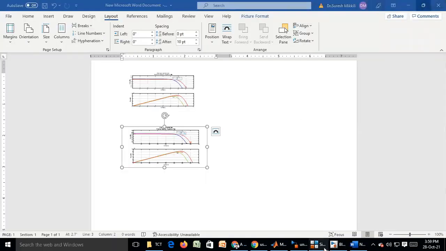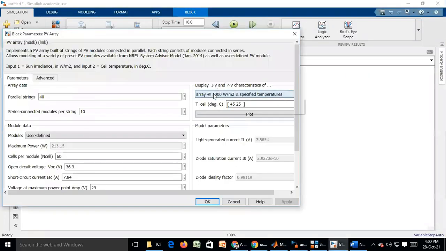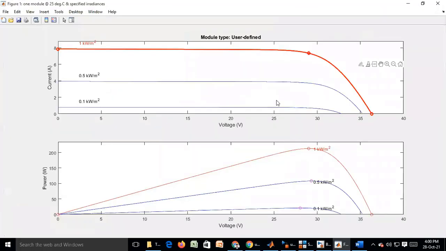Now one more thing. Now I am having this. Suppose instead of an array, one module I have taken; Taylor I have taken an array. So now for irradiance level 1500 is there. You can plot and see. Suppose you take 1000, 1 kilowatt per meter square. So how much is there? The current is this. This is for 500 watt per meter square. This is for 100 watt per meter square. Uniform irradiance condition. So how much global maximum power is coming?